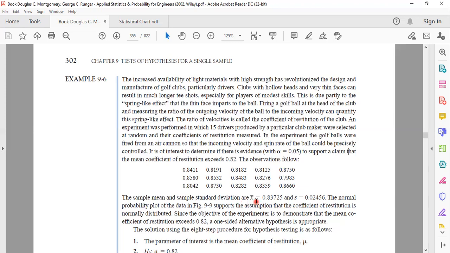They have already calculated the mean of these items, which is the sample mean. You can use capital X bar, you can use small x bar, it doesn't matter, but you have to make sure that whatever symbol you are using, the meaning of that is clear to you. If you want to verify this calculation, you can do it yourself with Excel or a calculator. Small s, the deviation, has been calculated, but